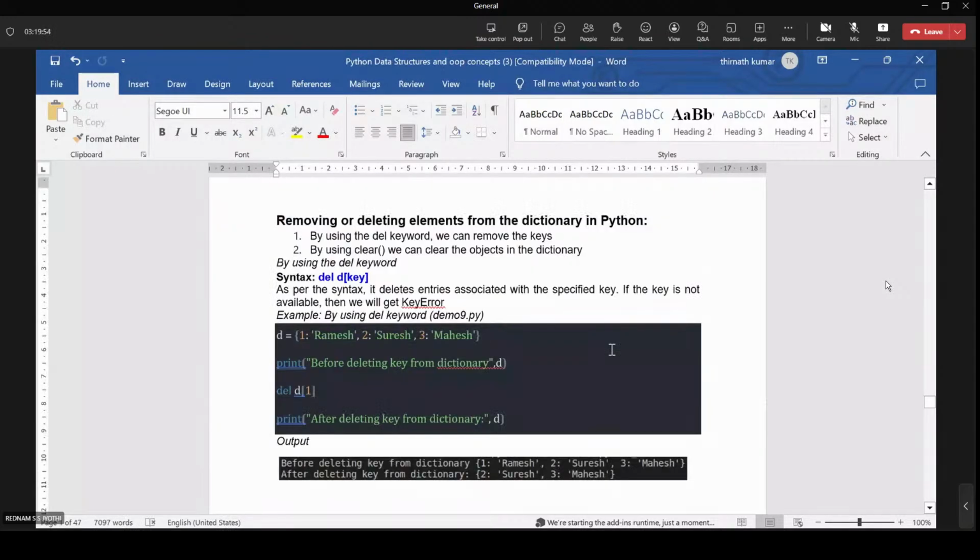Removing or deleting elements from a dictionary in Python. So del followed by the dictionary name and key value. Which key is deleted first? As per the syntax, it deletes the entry associated with the specified key. If the key is not available, then we will get a key error.